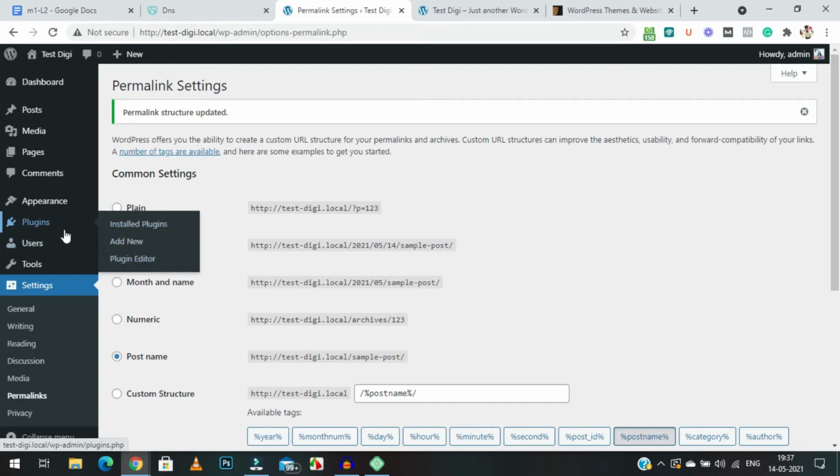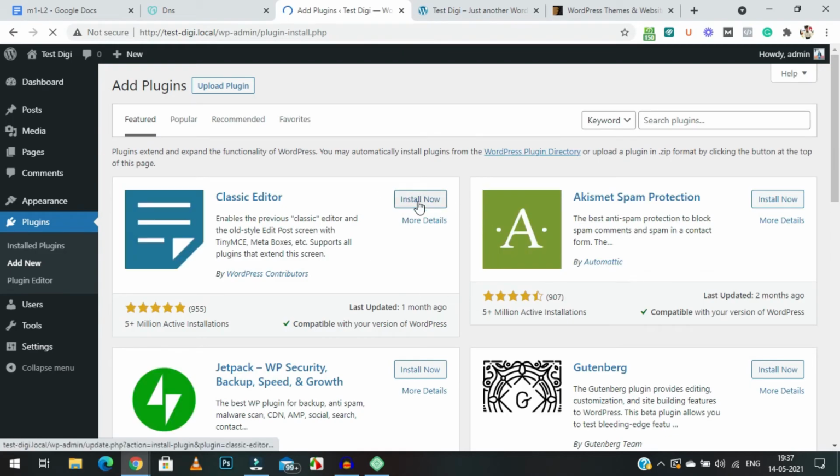So just click on the plugins and go to add new. The number one plugin you will be needing is Classic Editor. If you are someone who is not able to write in the block editor, which is the default editor of WordPress, then you can install this plugin, because this will make your editor super simple like WordPad or Notepad, right? If you are getting confused using the block editor, then this is the best solution for you. Go for Classic Editor. It will ease your problems.